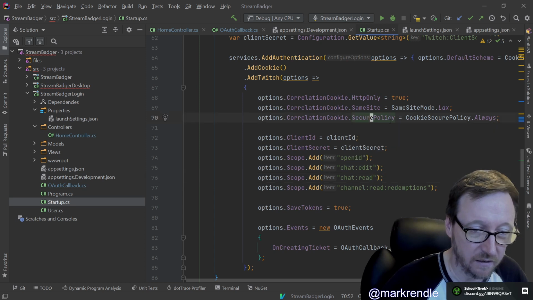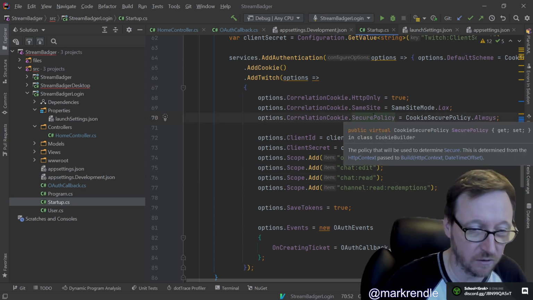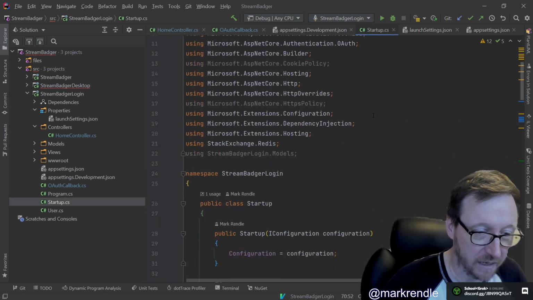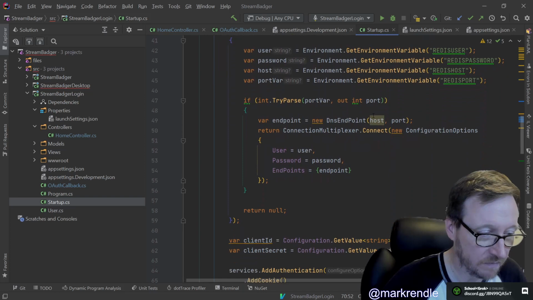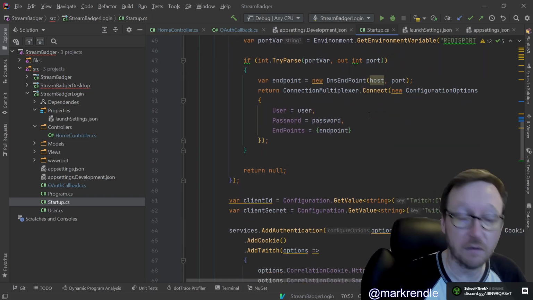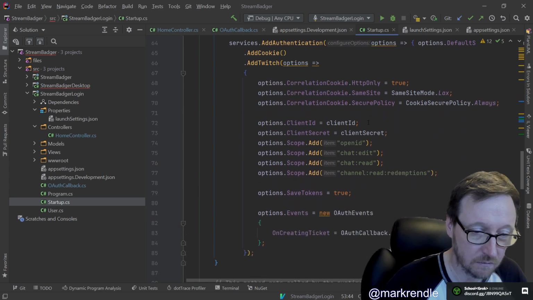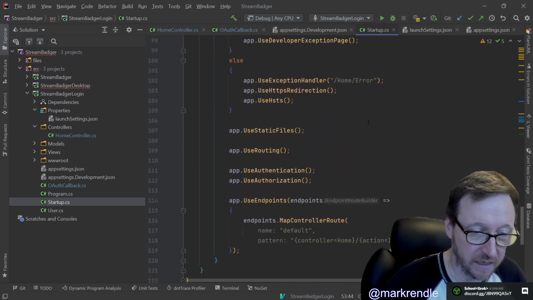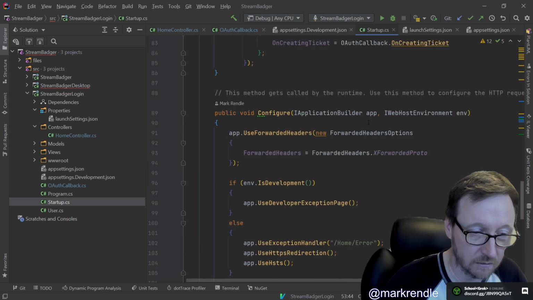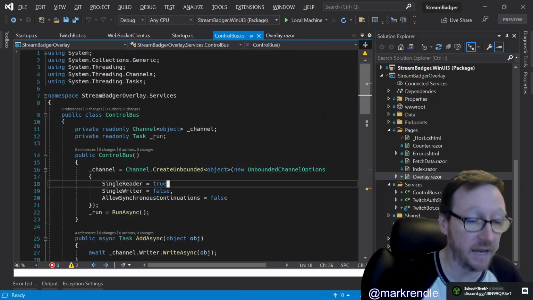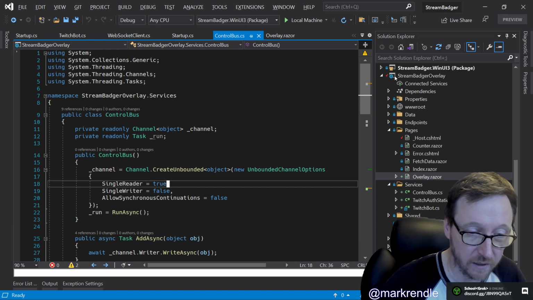So to say, you know what, let's trash the cookie when we hit a certain page. So when you go to the login page, it'll trash the cookie and then send you somewhere else, and then that'll do something. But we'll worry about that another time, because what I want to do today is muck about with Stream Badger,